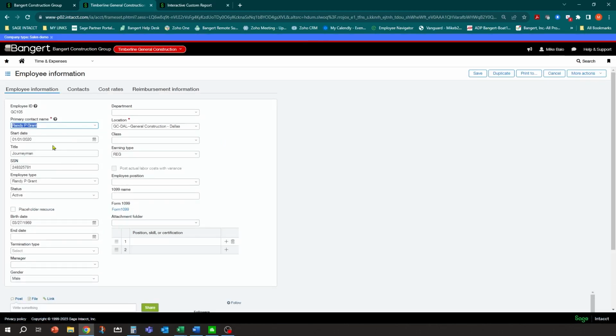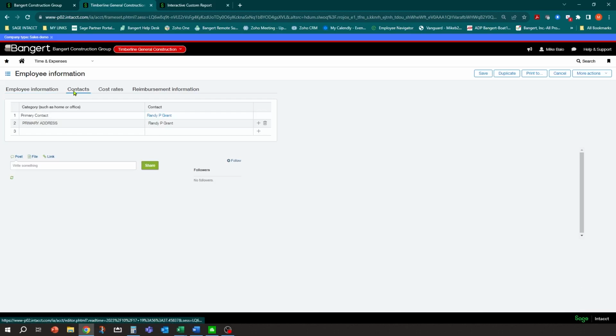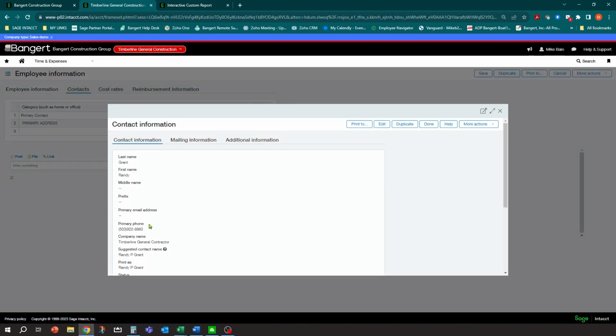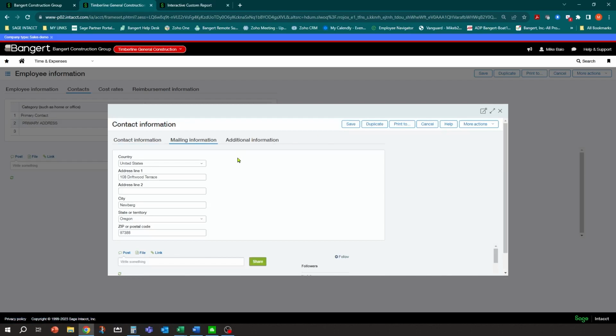As far as where the employee address information is, it's going to be stored with their contact name. So you can get to it right from here, the primary contact. You can click view. You can also go over to contacts on the second tab and see the primary contact, and I can click on Randy right from here. In here is going to be the phone information. And then in the mailing information tab, you want to make sure you have the current addresses up to date. If you need to edit anything, you can do that right here. You can also generate some custom reports or ICRW reports that run your employee address information. But anything you need to do, you can come into here and change as well.